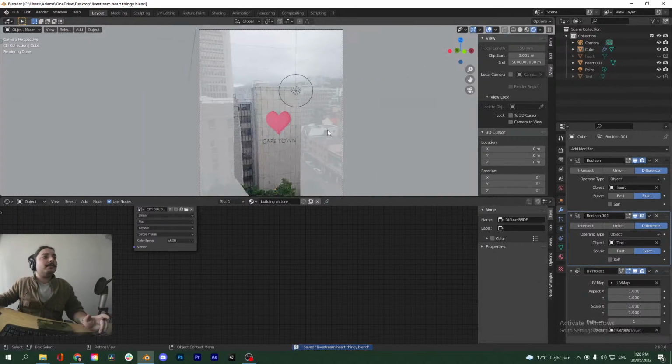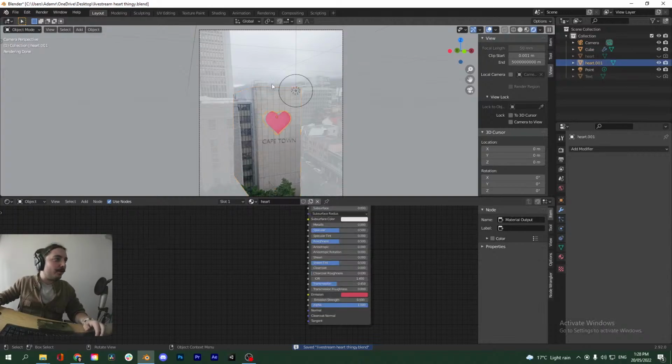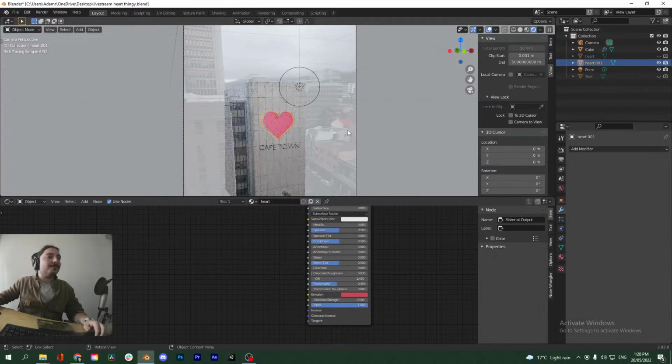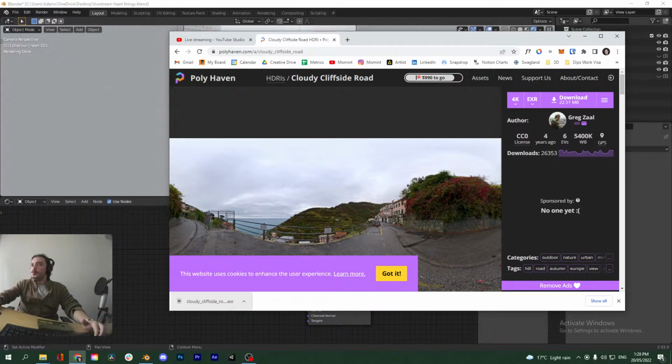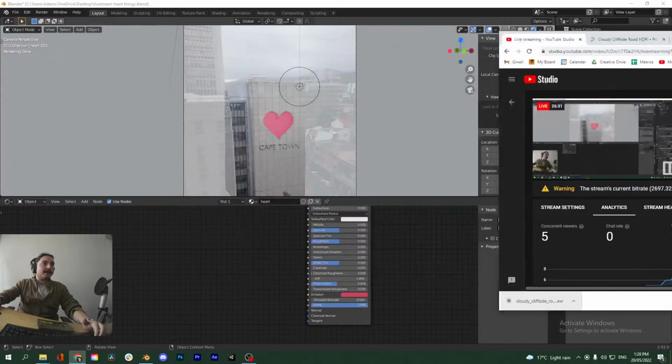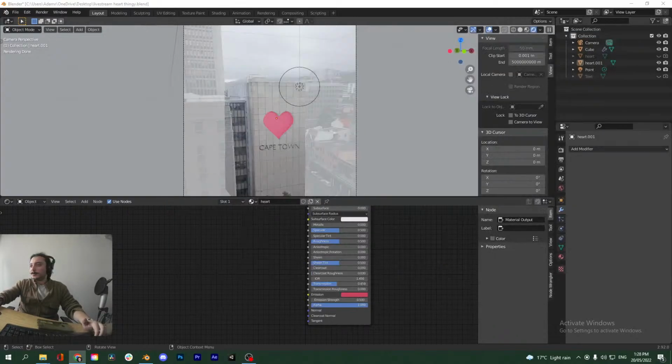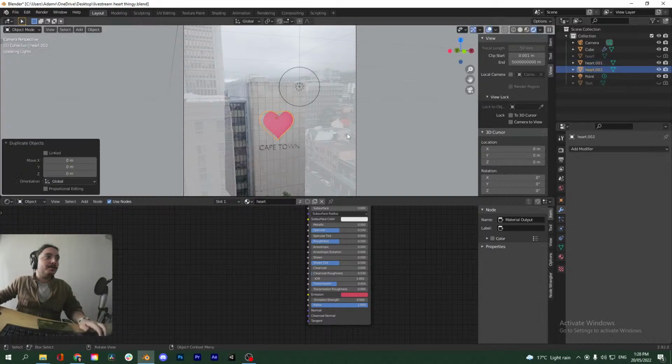So why don't we go through one more practical example, because remember the whole thing was about this heart object. So what can we do? We can maybe make like a 3D emoji icon thing with it, I suppose. So why don't we do that? Let's go back to the live stream here, see what's up. Yeah, cool. So let's just duplicate this heart object just so we have it.